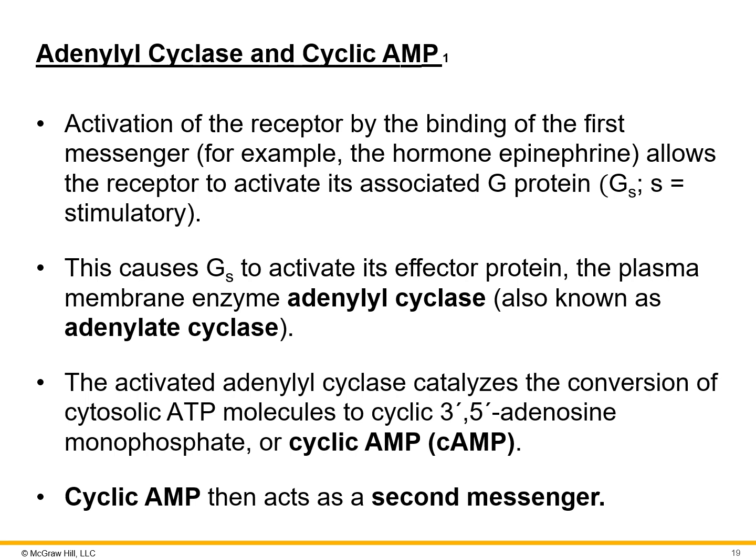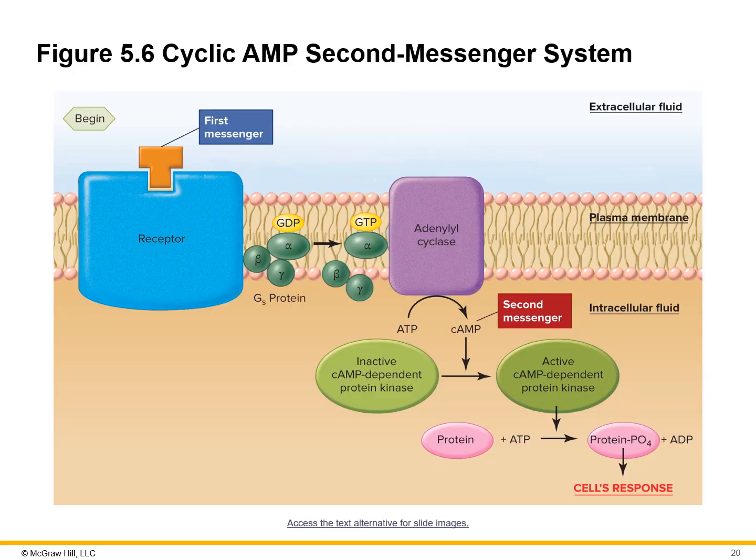So here's another second messenger system that uses the G protein. I can talk my way through this. We're going to begin on the left-hand side over here with something that looks similar, okay? The difference in this picture and the last system that we went through is that here, adenylate cyclase,